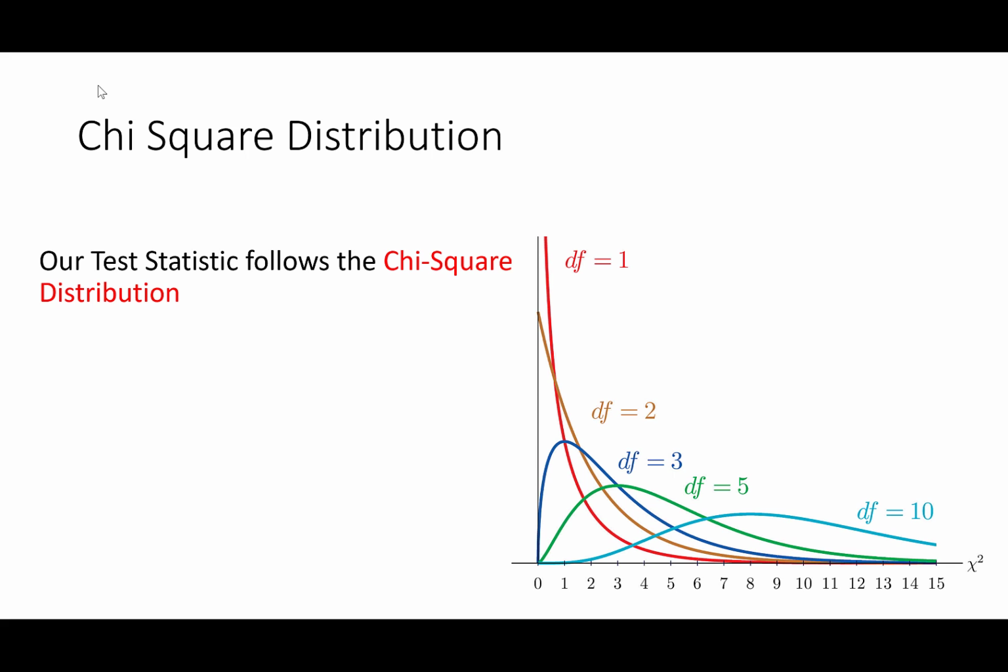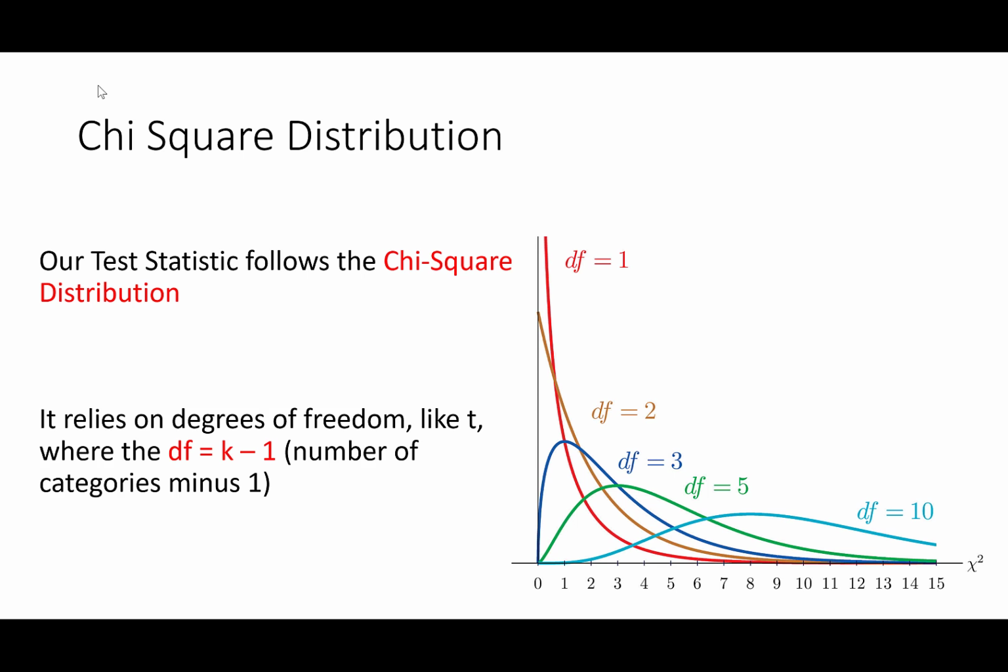From our previous lecture video, we saw how the chi-square test statistic can only take on positive numbers. Thus, it follows a different distribution called, you might have guessed it, the chi-square distribution. And we can see on our visualization that all of these chi-square distributions never go below 0. What you may notice is the degrees of freedom, like we saw with t, drastically is changing the shape